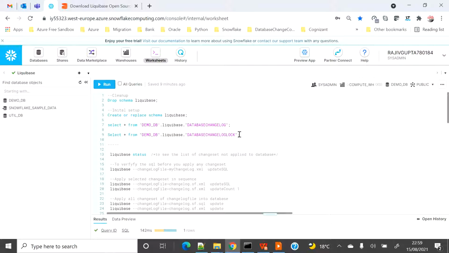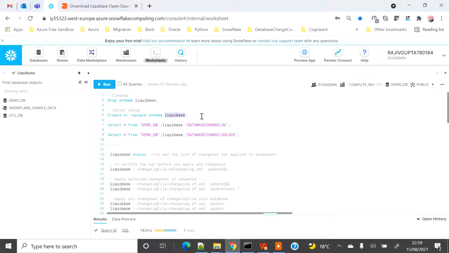Like Schema Change, Liquibase also needs at least one schema to be created. I had created one schema where I will deploy all my objects. This schema name will be part of the setup. I have already provided this as part of my connection.